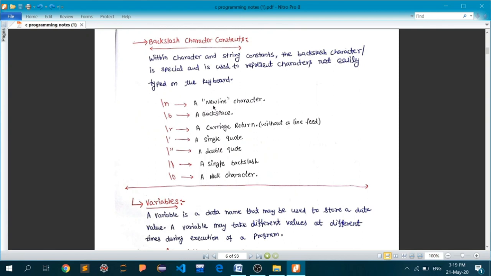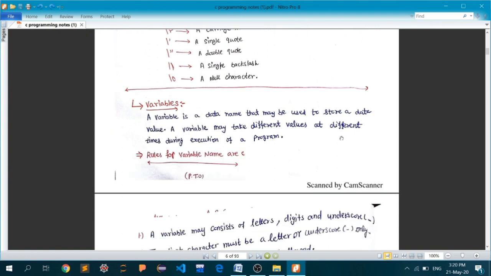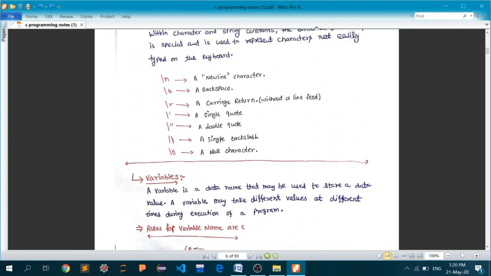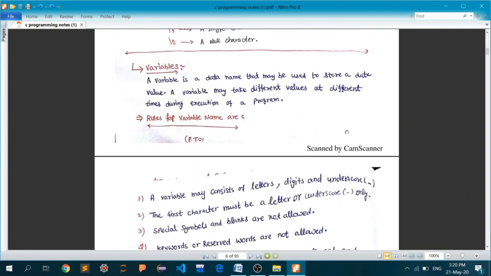Okay. Backslash b is for a backspace. You must be familiar with what a backspace is. It has the same meaning as on your keyboard. Carriage return, we will not go deep into this. Null character, single backslash, double quotes, single quotes, almost all of them will be encountered one by one throughout the course. These are also called escape sequences. Okay, not just backslash characters, these are also called escape sequences.